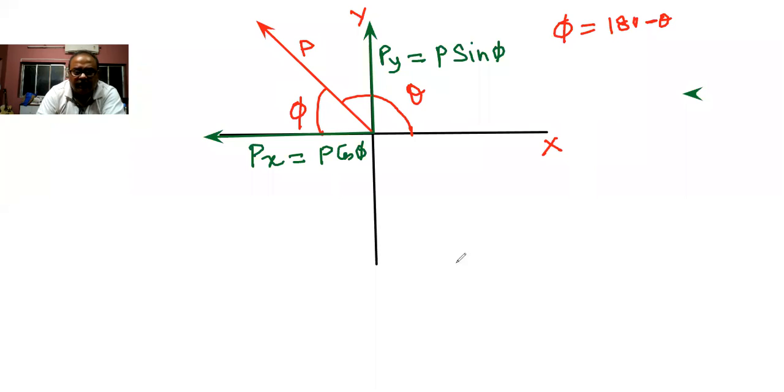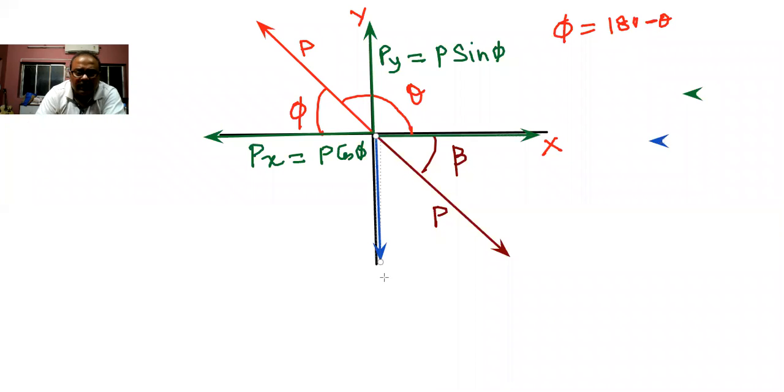So if I just take a vector for example along fourth quadrant, this is how the vector is acting. And suppose this angle I take it as say beta, and if I want to resolve this into components, this is the vector P. So again it can be resolved into two components. One of the components suppose is along the x-axis. So this is the component along x-axis, and if I just draw with a different color, this will be the component along y-axis.